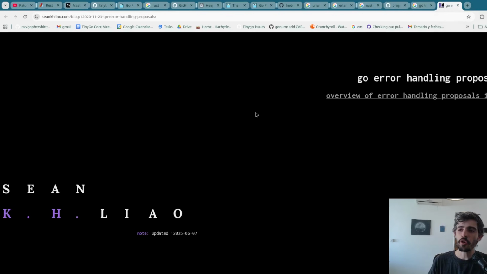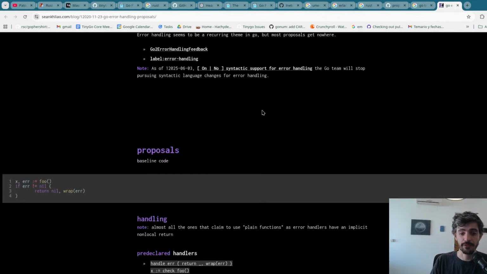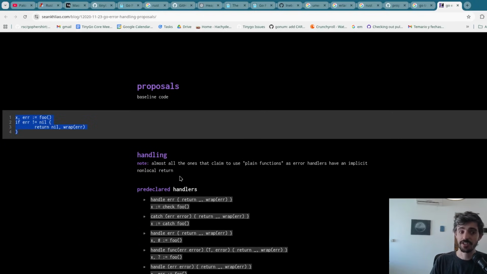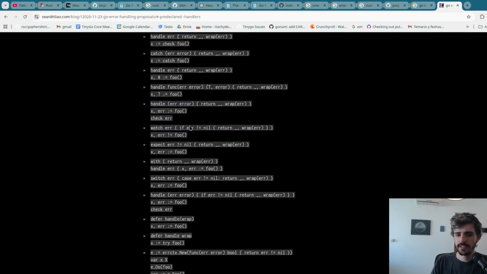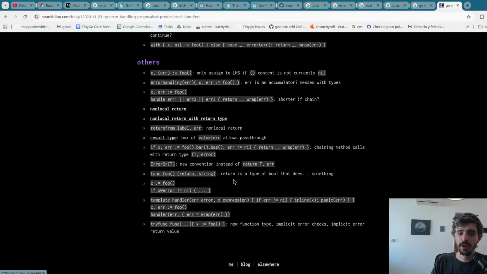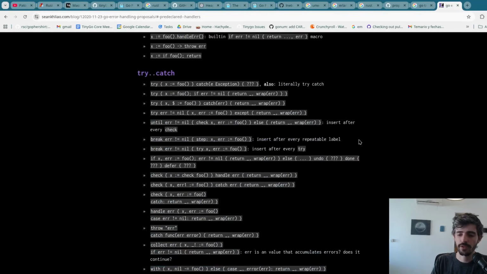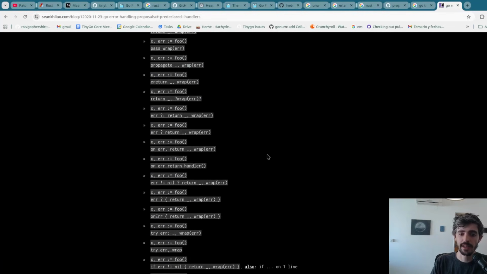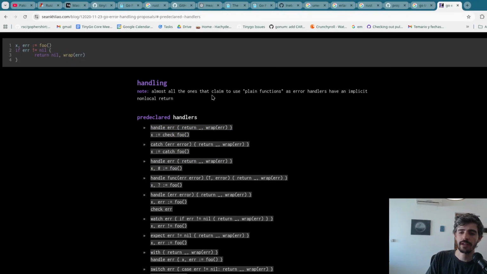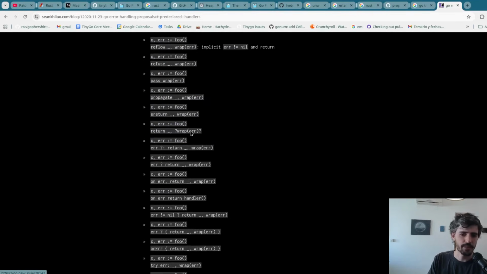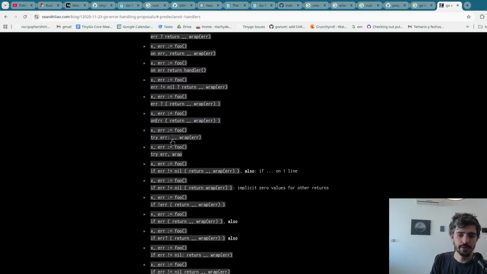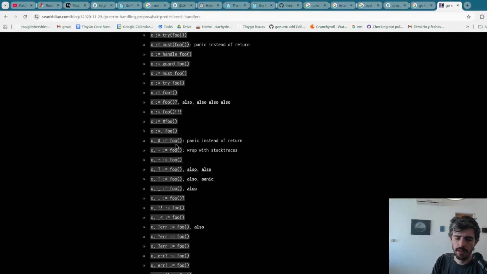So there's been so many Go error handling proposals. People really want a different form of error handling. People are not happy with this. When I say people, I mean a subset of Go, a very specific subset. Why do I say subset? Because even if there's been all these proposals to change how we do error handling in Go, none of these have been accepted. And I don't think any of these has been active at any point. There very likely has been some proposal that has been active, but wrap with stack traces.